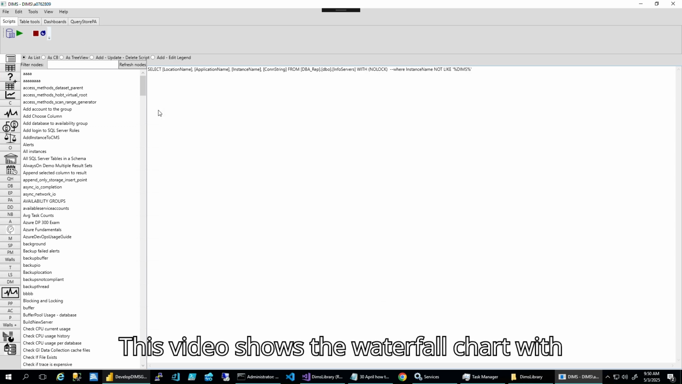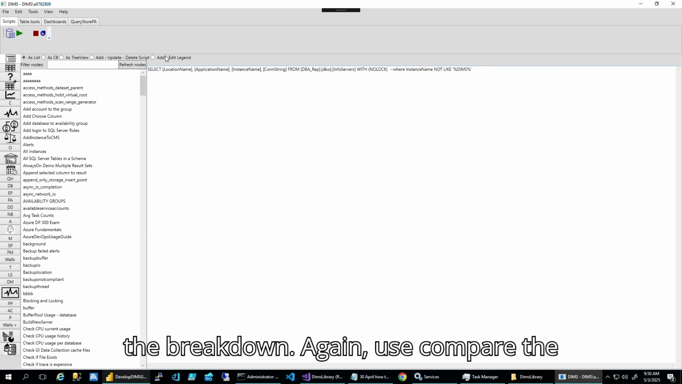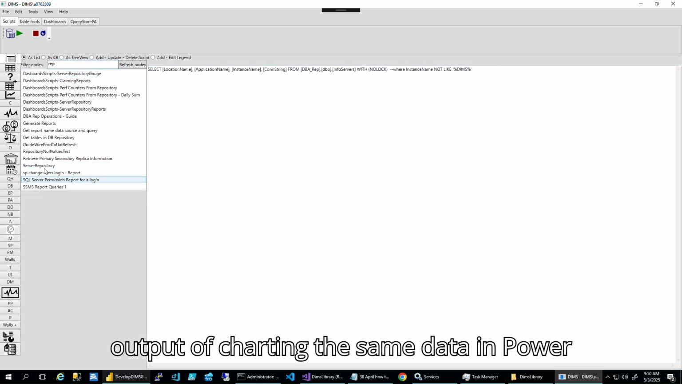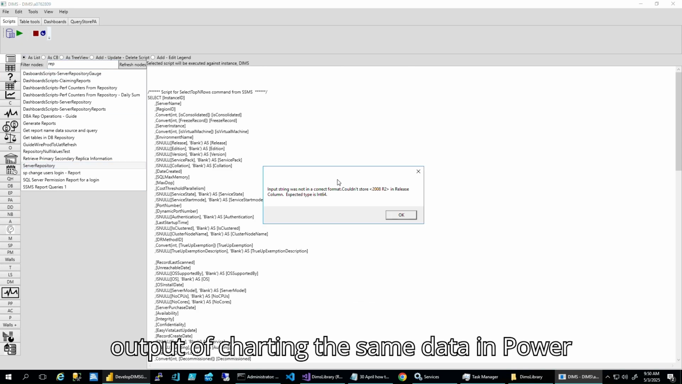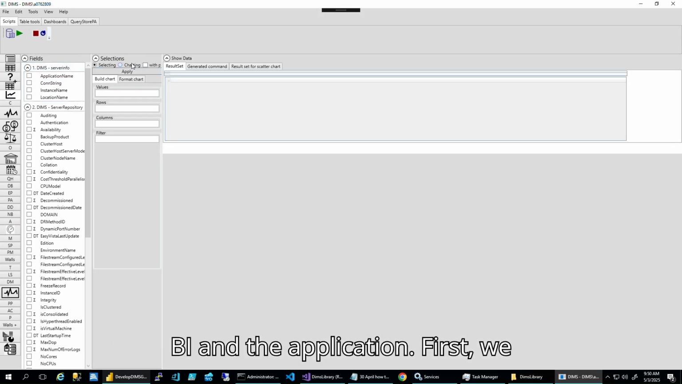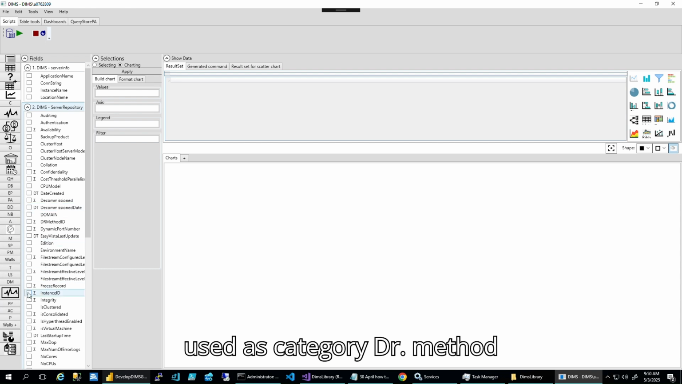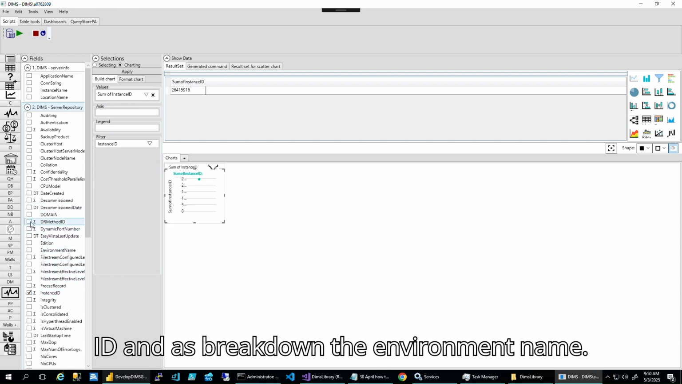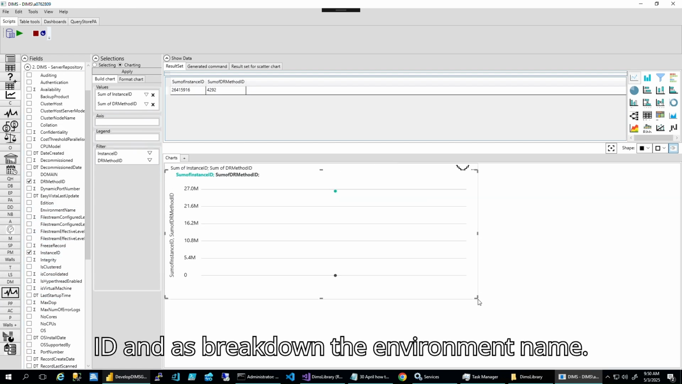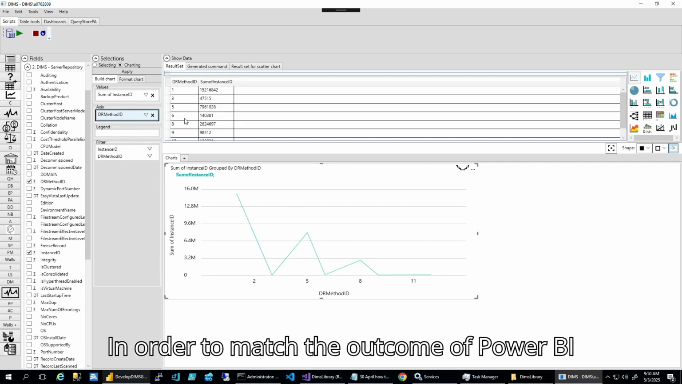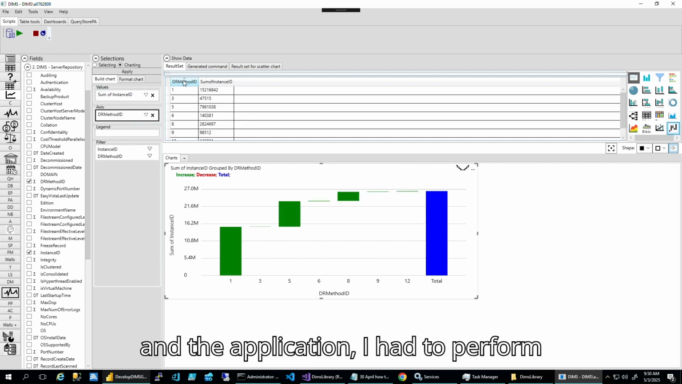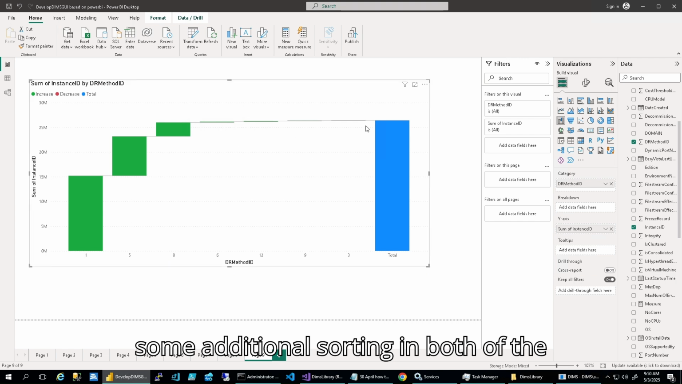This video shows the waterfall chart with the breakdown. Again, compare the output of charting the same data in Power BI and the application. First, we used as category DR method ID and as breakdown the environment name. In order to match the outcome of Power BI and the application, I had to perform some additional sorting in